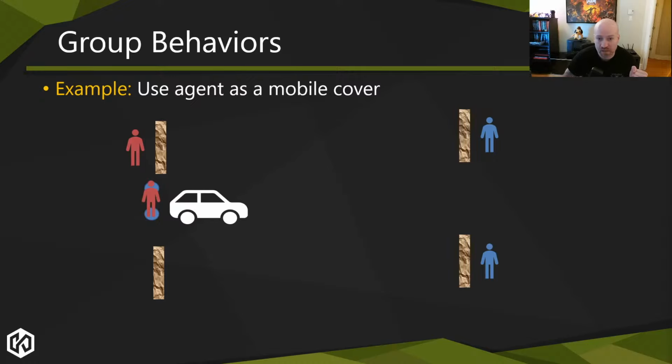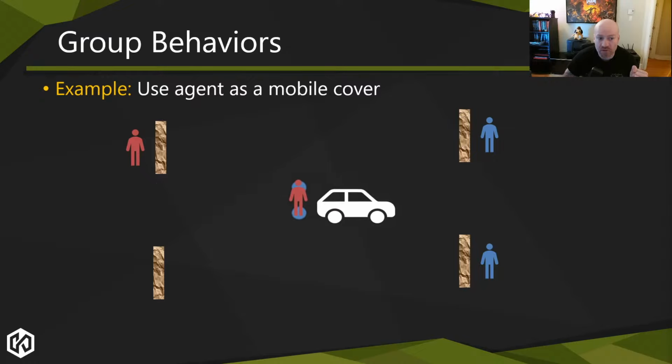And as that mobile cover point moves, well, the agent will follow because it's already in a behavior that's saying, I'm in a mobile cover. As the cover moves, my behavior is telling me to follow the cover point as it moves. And now once I have that system built, I can attach it to a car. I could attach it to a tank.